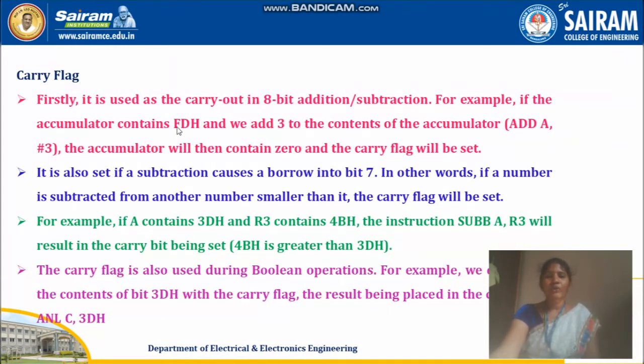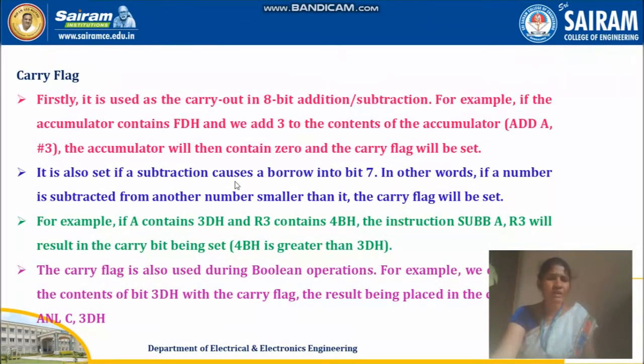So if you want to write this FD, you have to write it as 1111. For D you have to write 1011. So 1011 is 13, D is 13. So 1011 plus 3 if you add, you will get a carry and auxiliary carry, that is from third bit to fourth bit. If any number is carry forwarding, that is your auxiliary carry. And towards your seventh bit, that is the last bit, if you are getting any additional bit, that is your carry flag. So the accumulator will contain 0 and the carry flag will be set.